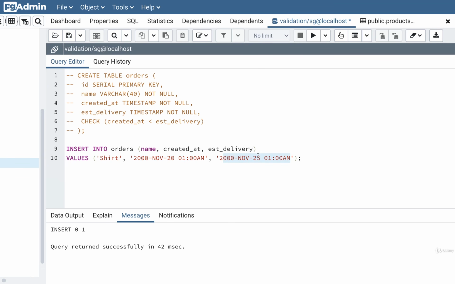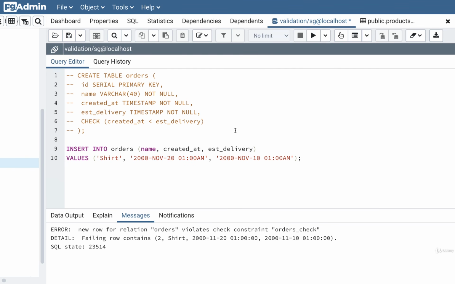Let's now change that up. Let's say that we're going to try to put in a delivery that is before the created at. So I'm going to put in a delivery of November 10th. That means that we delivered the product, and then only 10 days later did we actually try to add it into our database, which we're saying in this case doesn't make any sense. So I'll run that, and sure enough, there we go. So we failed our check over more than one column here because our estimated delivery is a date before the